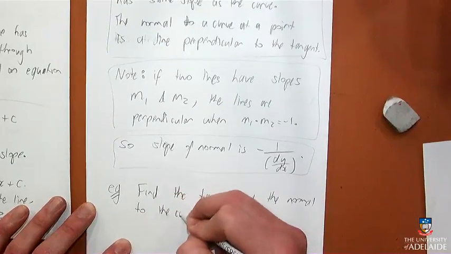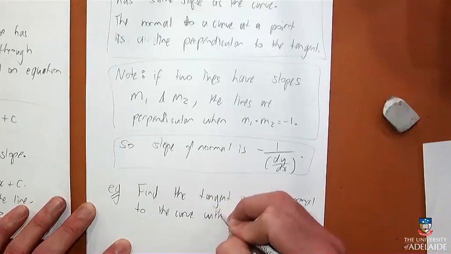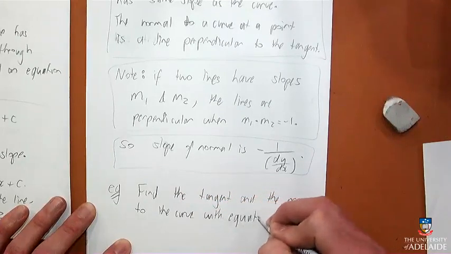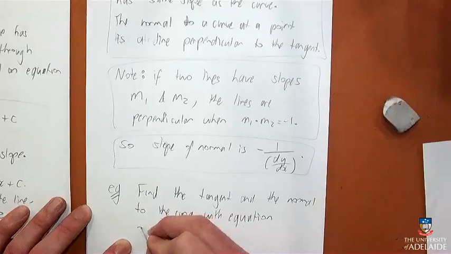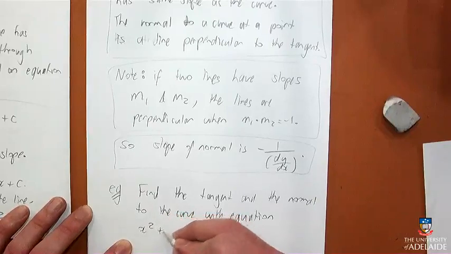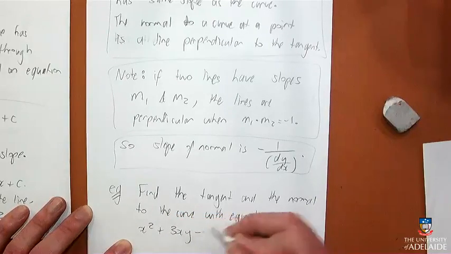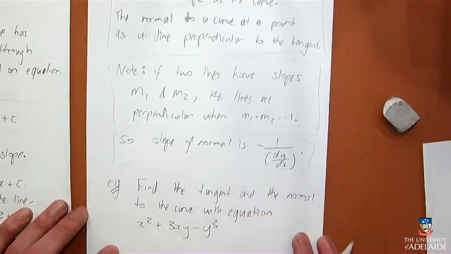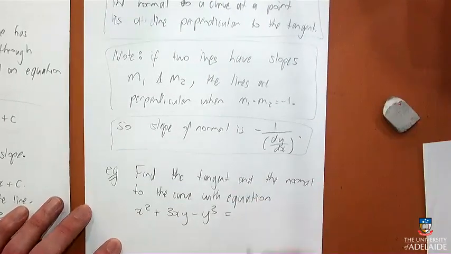To the curve with equation x squared plus 3xy minus y cubed equals